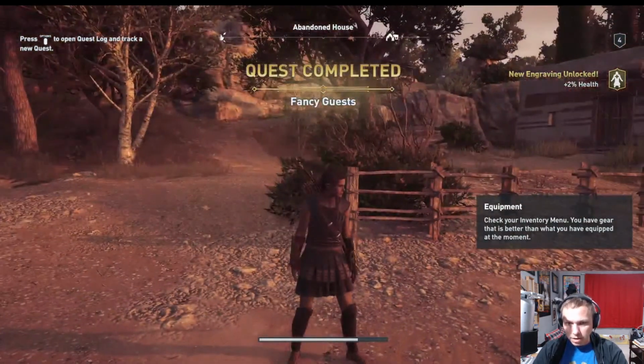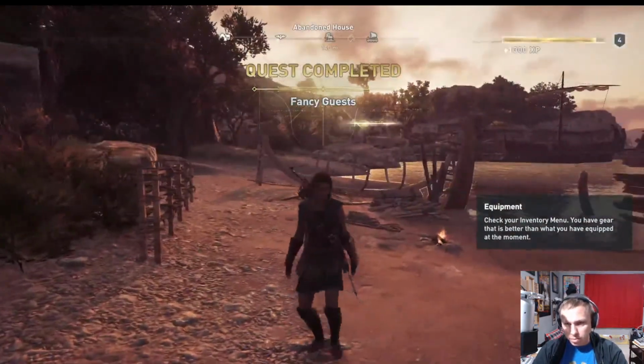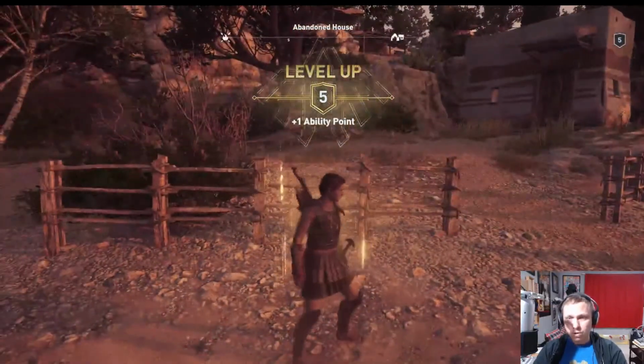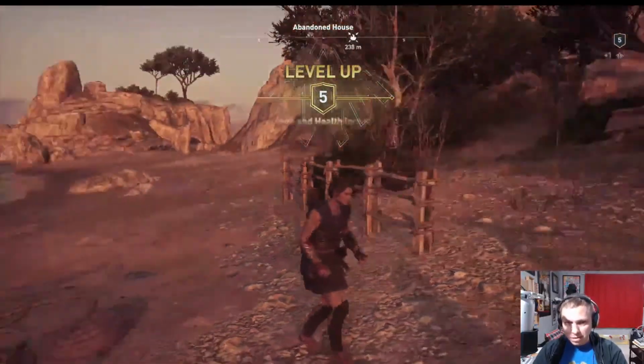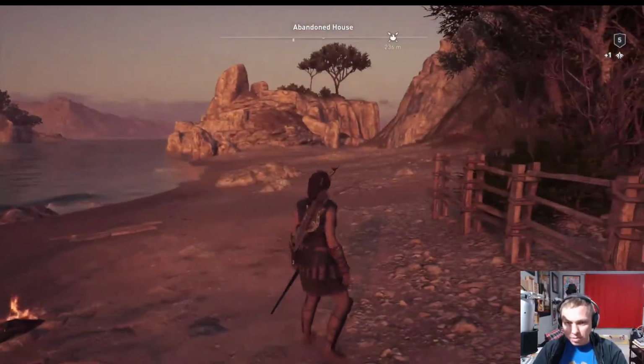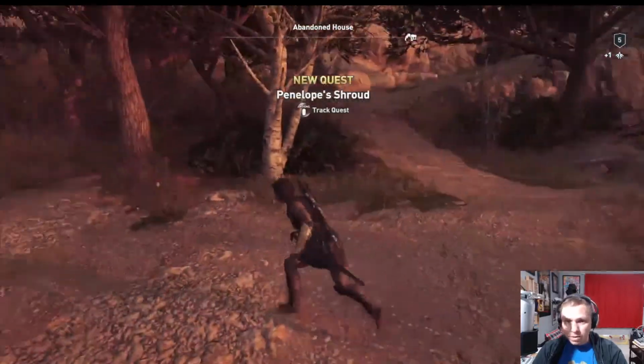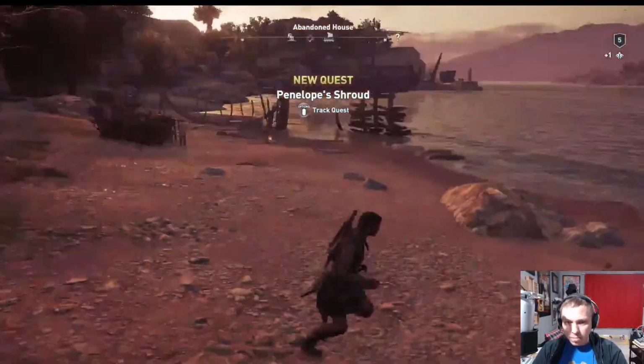All right, quest completed. Well, that was a quicker quest than I thought it would be. And that's, I think, where I'm going to leave this stream. That's all I really wanted to do. Whoa. There's a lot of pomp and circumstance around leveling up. All I really wanted to do was just see how well this thing worked with a much, much, much better